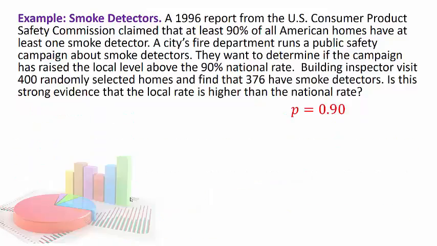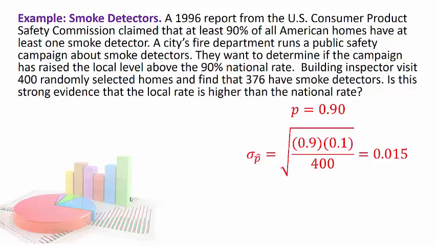We know that p is 0.90. That's p, the parameter for the population, the 90% for the nation. I'm going to calculate the standard deviation for the proportion, and that would be the square root of 0.9 times 0.1 divided by 400. That comes from p times q divided by n, take the square root. So the name of my model is N(0.9,